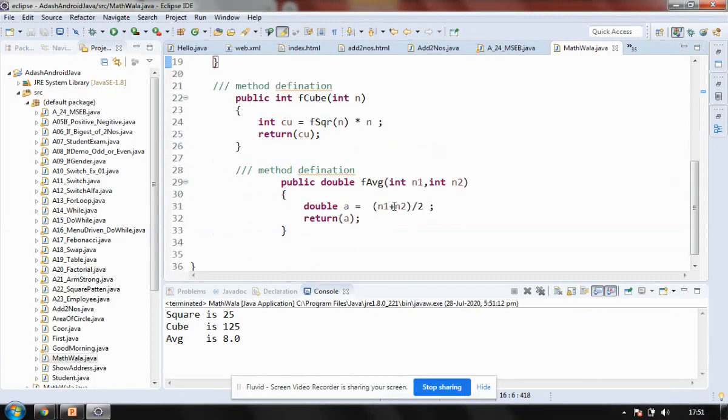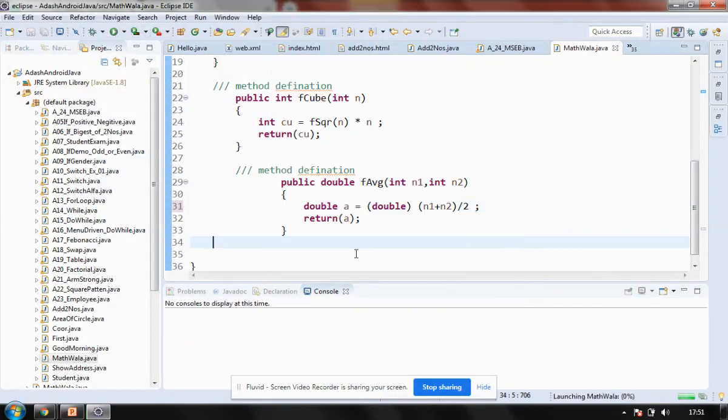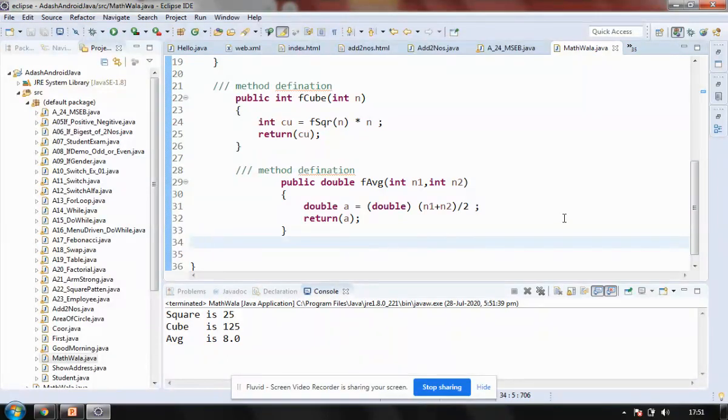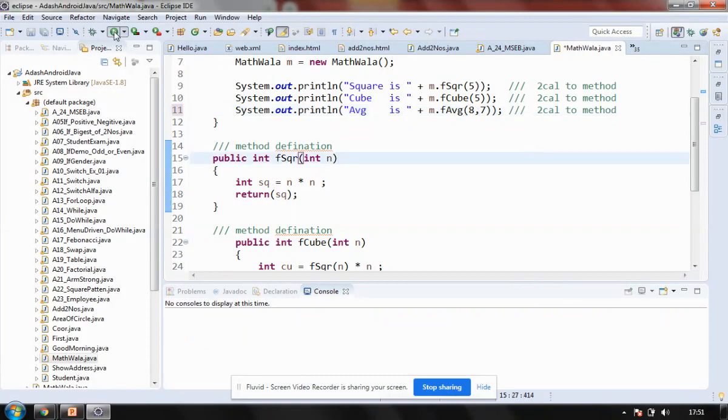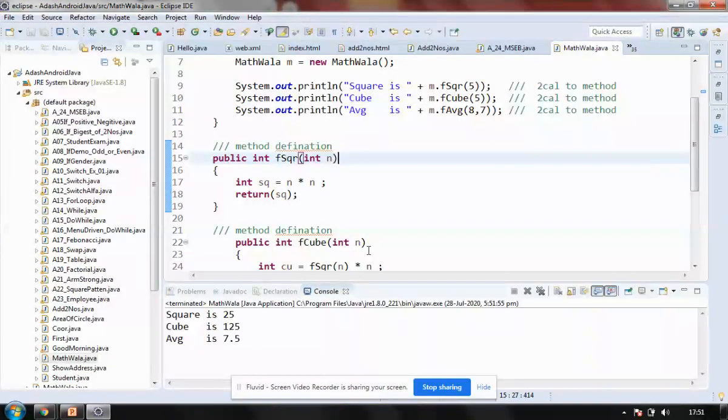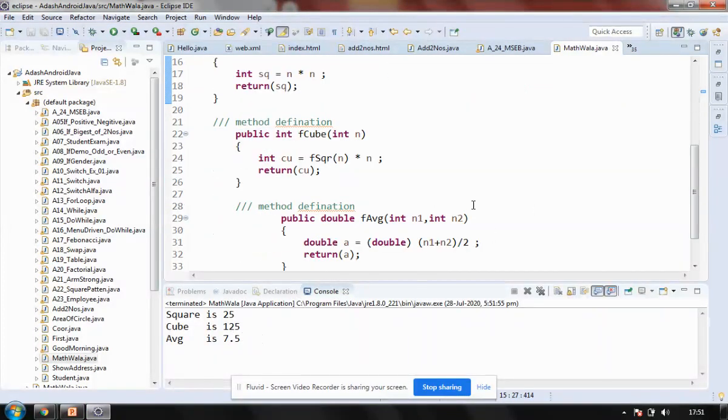Because when you divide this, see, these are two integer variables. So I want to cast it to double to get the fraction value of it. So I'm casting it to double. Right? I try to run it again. It should not show me a value 8.0. What is this? 7 and 9, what is it? 16. So it's 8 only. Oh, I want some fraction value. Should I make it 8 and 7? That should come into fraction now. Yeah, it's 7.5. So this is very important.